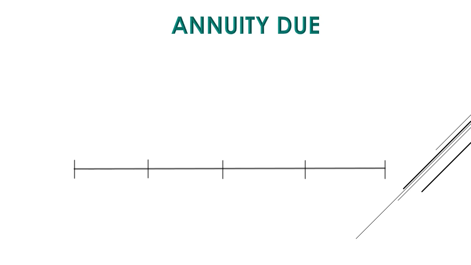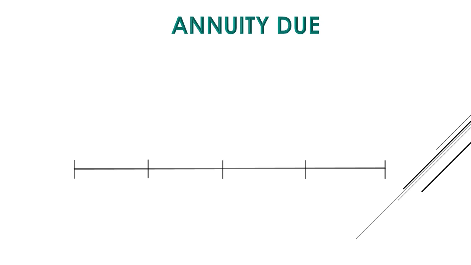Now, since we're done with the ordinary annuity, this time let's try to understand the annuity due. If we try to recall, the annuity due is where the payment is made at the beginning of the period, right? So we'll be using the same subdivision problem from the ordinary annuity. So the problem there is